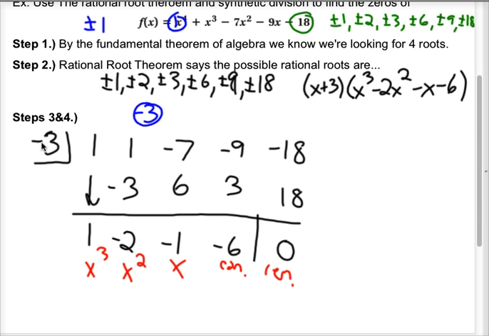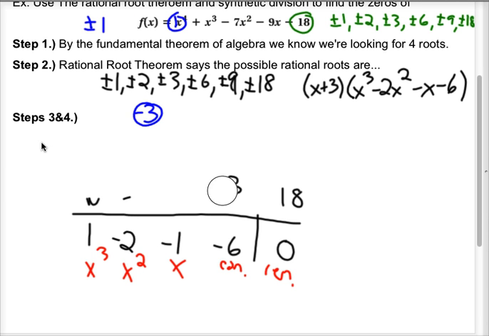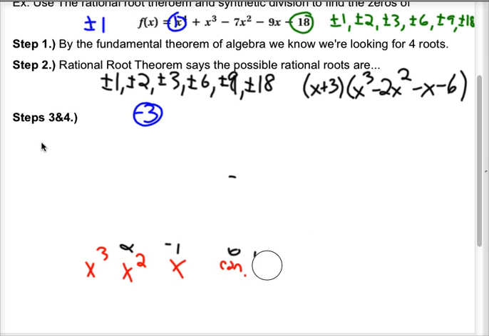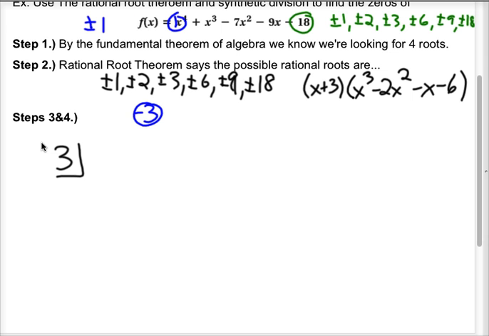Because now I'm going to use synthetic division on that piece right there. Now, looking at the graph, we also said that 3 is a root of this. So I'm going to take that new polynomial, 1x cubed minus 2x squared minus 1x minus 6, and I'm going